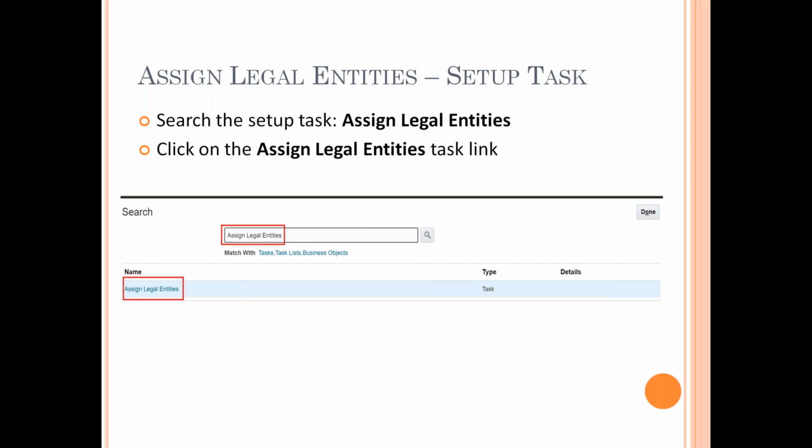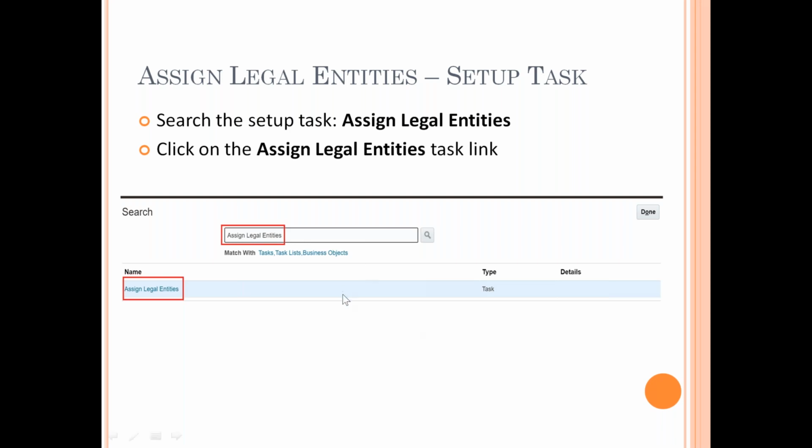The first thing here is you select this task, assign legal entities. When you select assign legal entities, it will come up here. In this legal entities, you will be able to click on this task and navigate to it. Now, this is one task where you need context. You will always need the context of the ledger for which you want to assign legal entities, correct? For that reason, sometimes it may go to a different ledger.